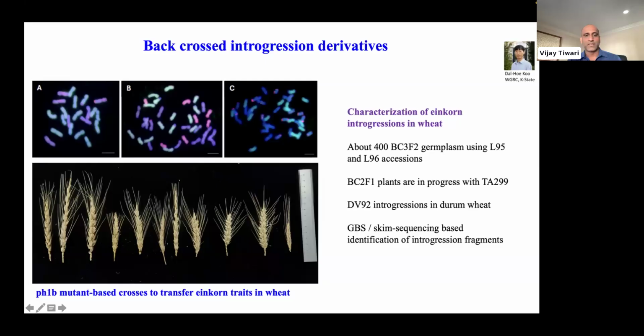This is the einkorn wheat. This is the wheat that was used to make the cross. And you can see that there are some lines which are pretty much recovered. So we have about 800 to 900 lines available to us from those four different genomes along with DV92. The idea is that we will do skim sequencing. We have already done GBS on a couple of plates, and we still need to look at the data. But because we have been able to identify those GWAS peaks, we can look at those introgressions from specific genomes, and this germplasm can be made available to breeders and geneticists for incorporating into their cultivars.